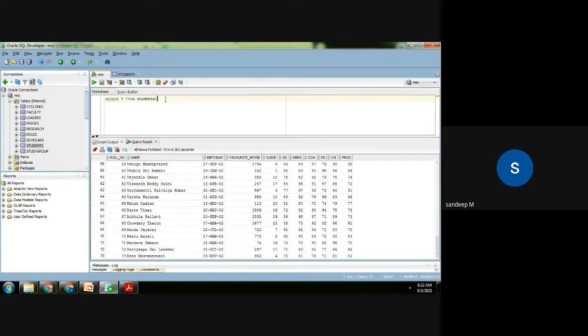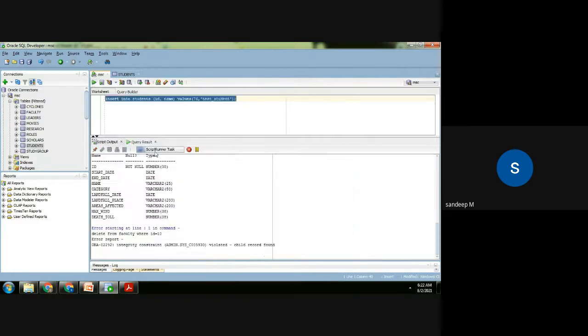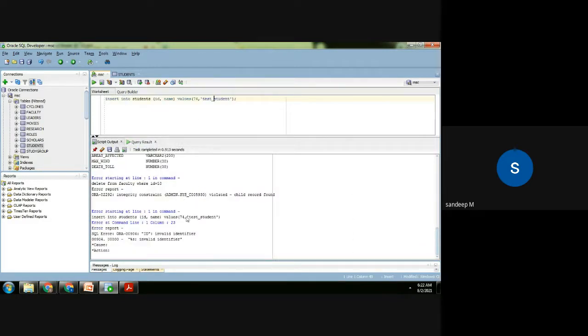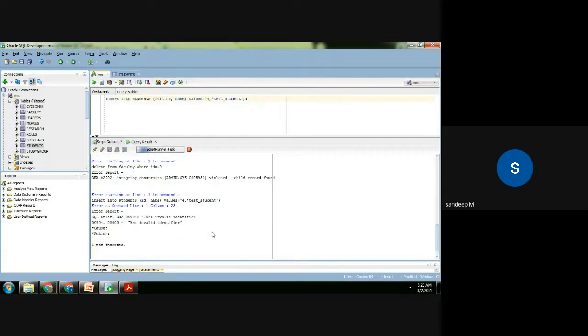Say for example I'll now create a new student, insert into students, the roll number, new roll number 74, and let's say the value will be a test student. So this is roll number, not ID. So one row is inserted.